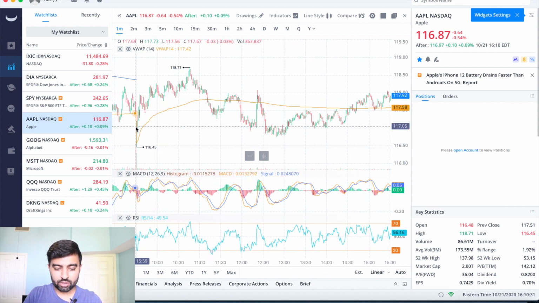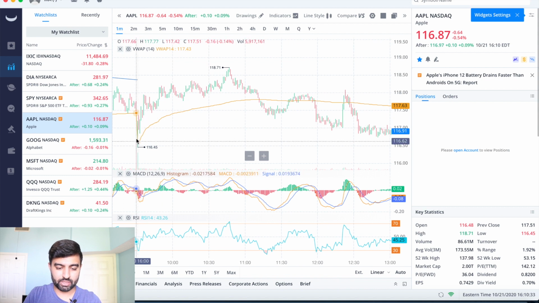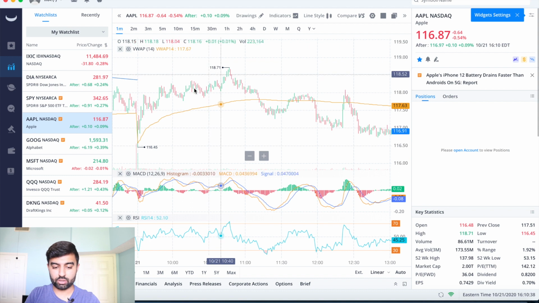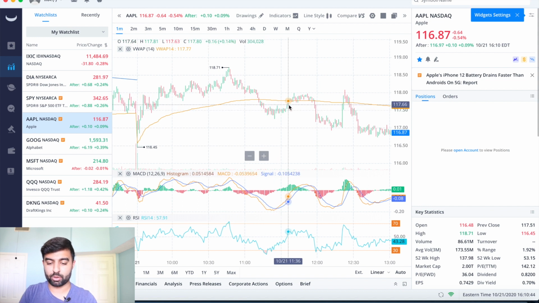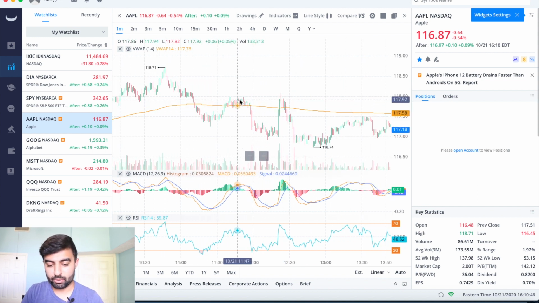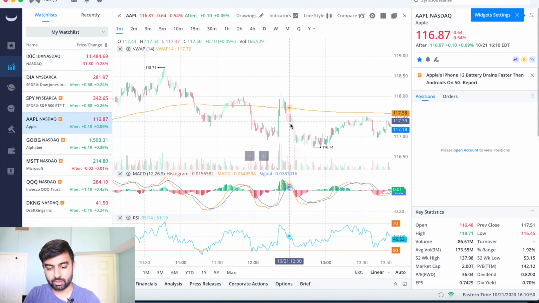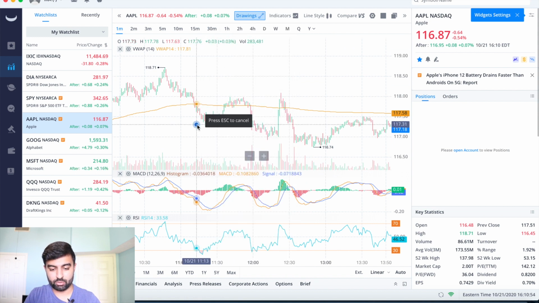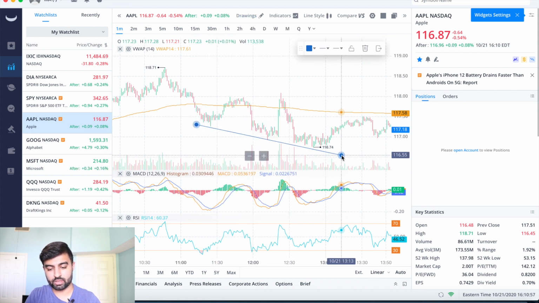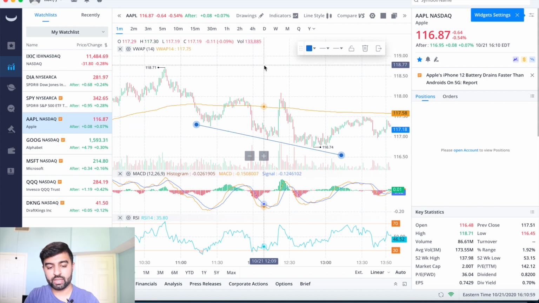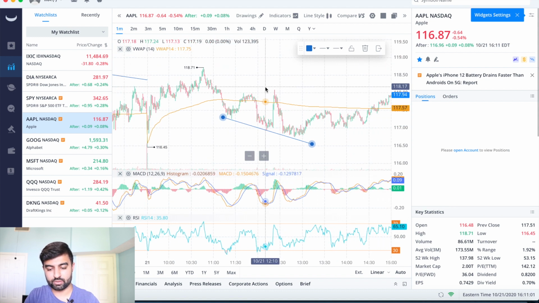So we had a little bit of a gap down to open the day, went back up to fill that gap really quick, and then it looked like things were looking up for a little bit. But surely enough, we came back, broke the VWAP, played around with the VWAP, broke slightly above it, went down, came all the way back to VWAP, and then continued this trend downward. One thing you could see is we were making lower lows throughout the course of the day, and then if we were to zoom out a little,